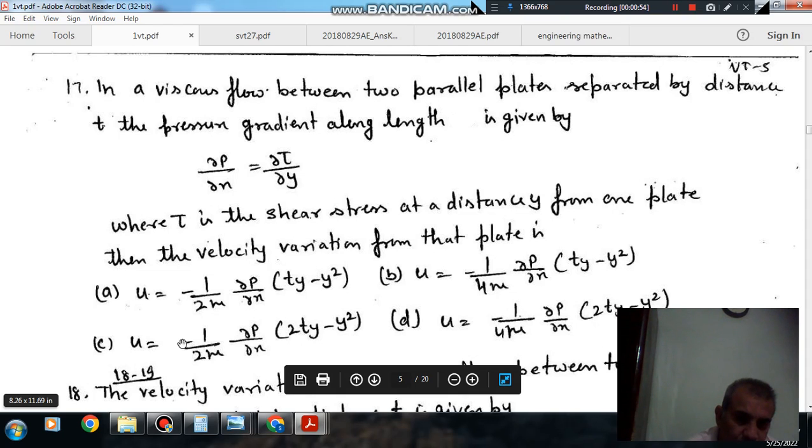Option C, u = -1/(2μ) ∂p/∂x [2ty - y²]. Option D, u = -1/(4μ) ∂p/∂x [2ty - y²]. Okay, so